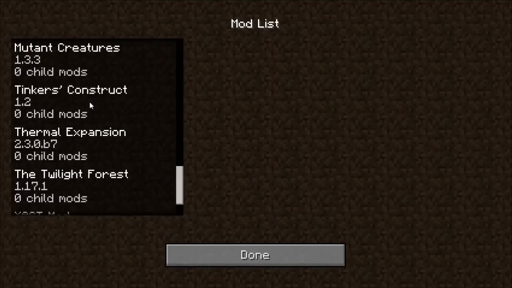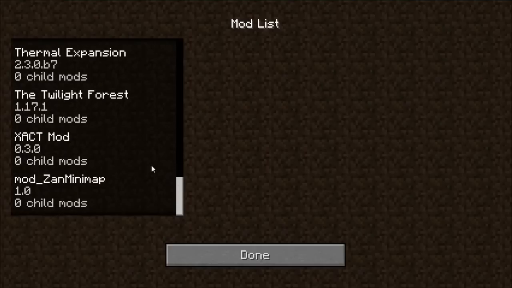Tinkerer's Construct, not entirely sure what that does. I know there's a spotlight on Hey Yorkie's channel for it, but I haven't watched it because I want to avoid the spoilers. I just want to have a quick look at the wiki about getting started, and then I'm going to run from there. Thermal Expansion, it's really a Buildcraft expansion, but it works by default, by itself,